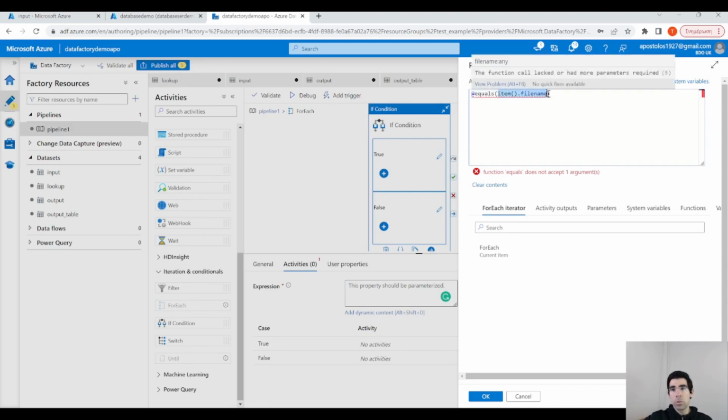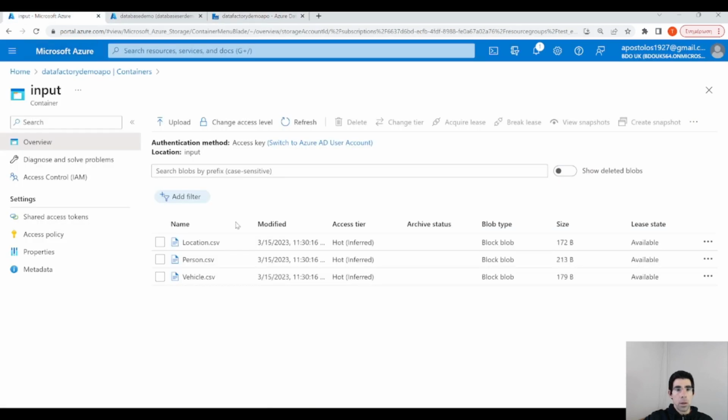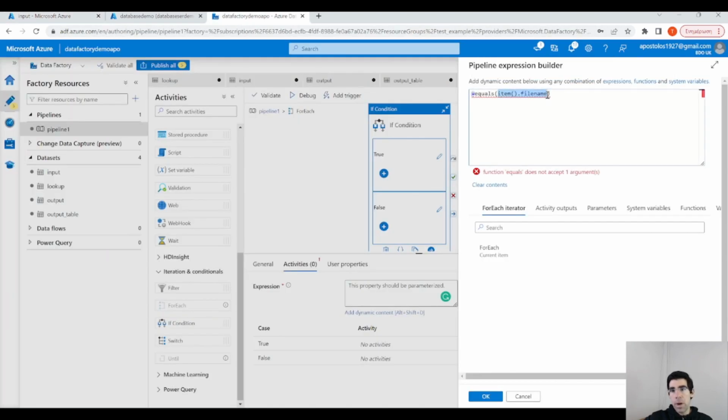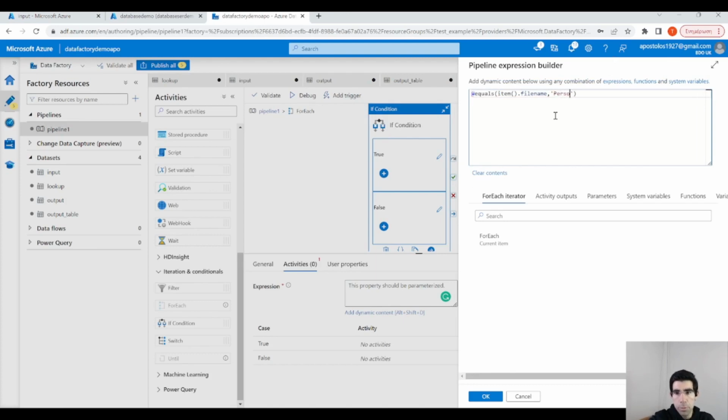So the first one would be, I think, location, the second iteration would bring back person, the third iteration would bring back vehicle. So we are going to loop over those CSV files. If the file name equals, let's say, person,